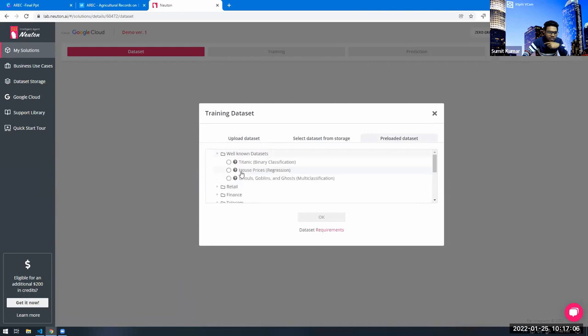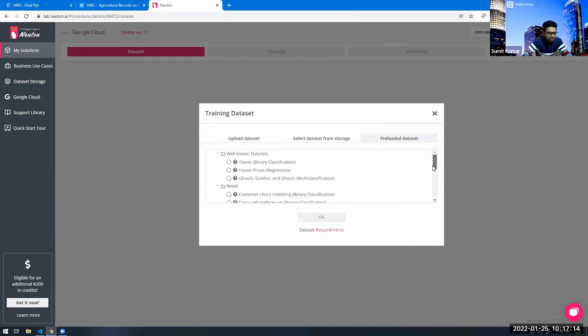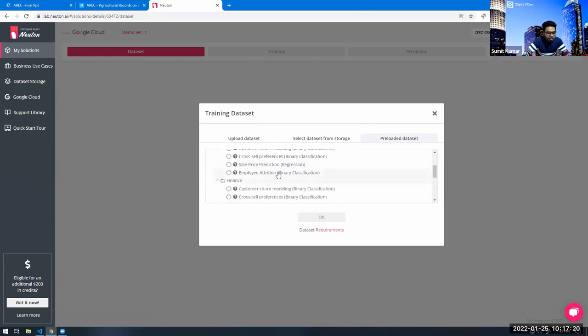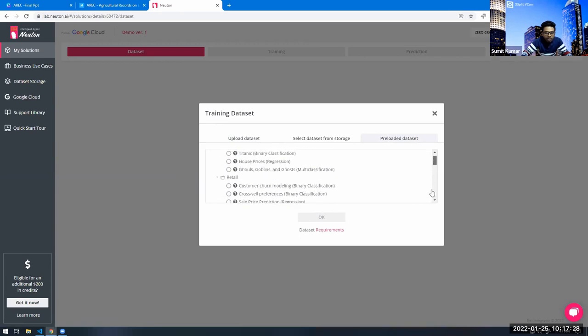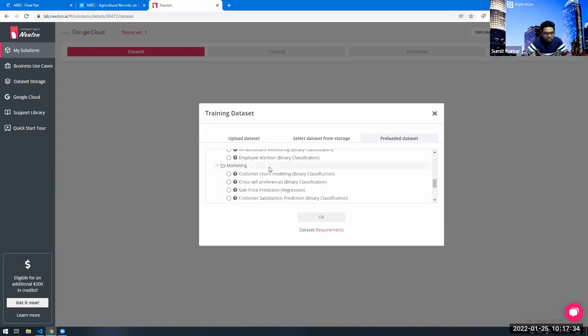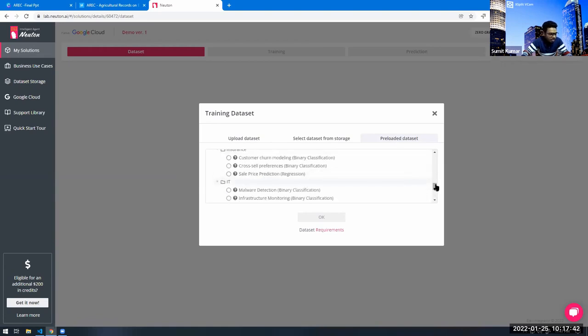This is very cool actually, I found, with the preloaded data sets. When we are talking about TinyML, I got lots of ideas to implement using TinyML, but I gave up on many solutions because I don't get valid data, or I'm unable to understand how to collect data for that, because it might involve too much complexity. Getting the right, correct data and a good amount of data is actually a big problem when you're trying to solve a problem using TinyML. And sometimes data collection is a huge pain as well.